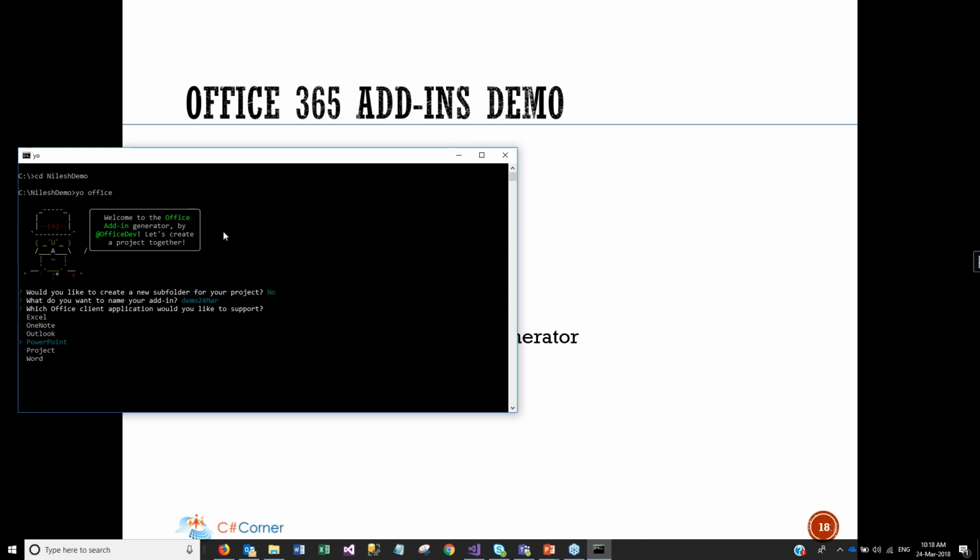Which add-in do you want to make, in which Office application: Excel, Word, PowerPoint? I'm selecting Excel over here. And this is the option where you choose whether you want to generate a whole project or